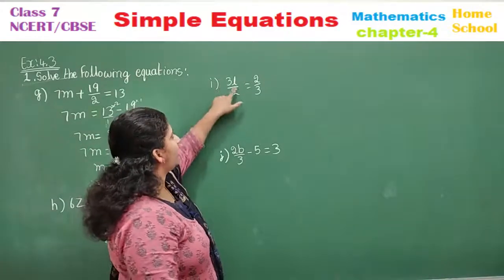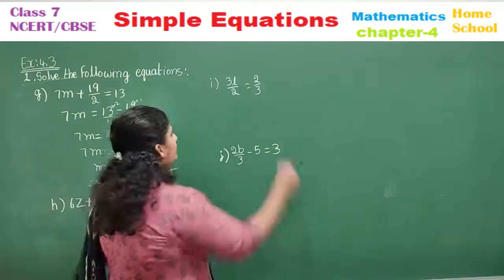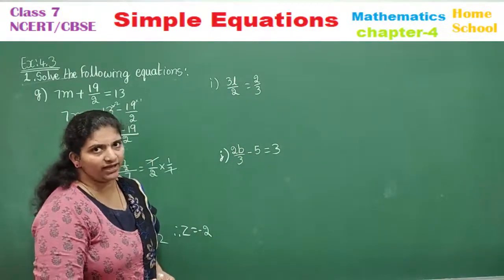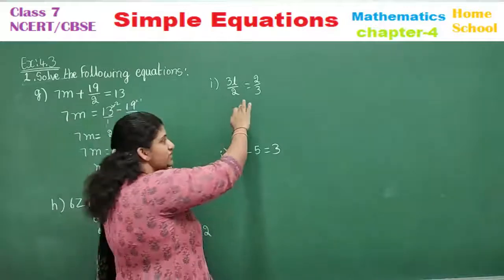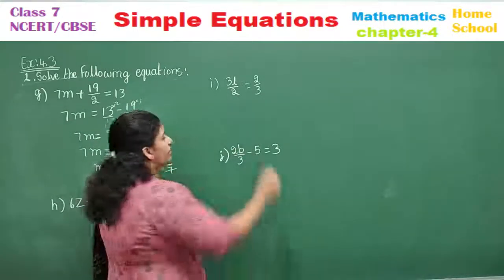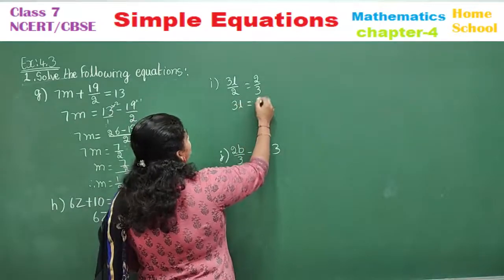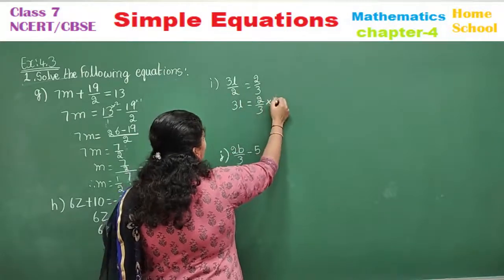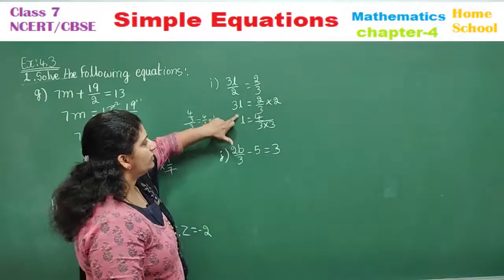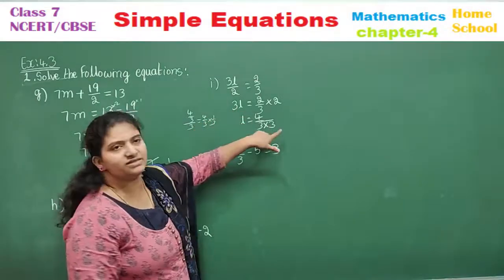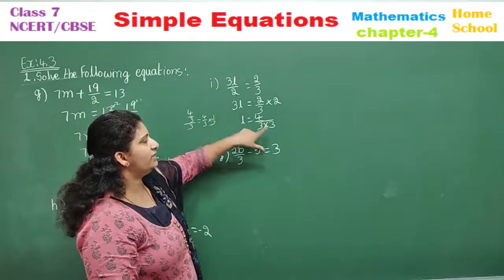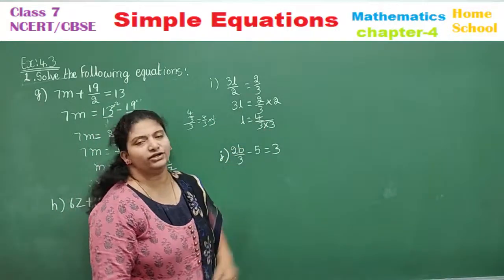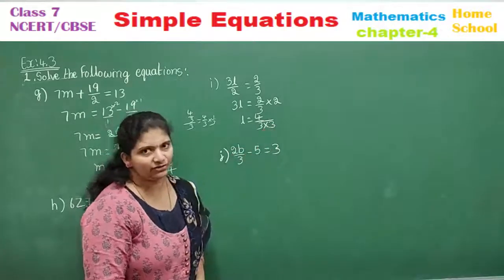Next sub question. 3l by 2 is equal to 2 by 3. 3l by 2, I can split this as 3 by 2 into l also. Or first you can transpose the denominator, then the numerator you can do. Right? 3l is equal to 2 by 3 into, divided, no, now it is into. L is equal to, this 3 send other side, here it is multiplied, then it is divided on the other side. So L is equal to 4 by 3 into 3. For the denominator, that 3 is multiplied.